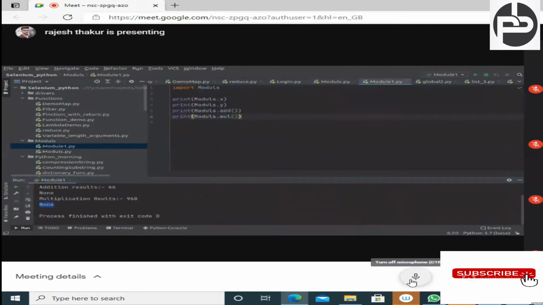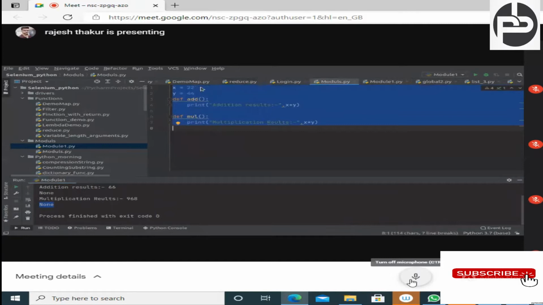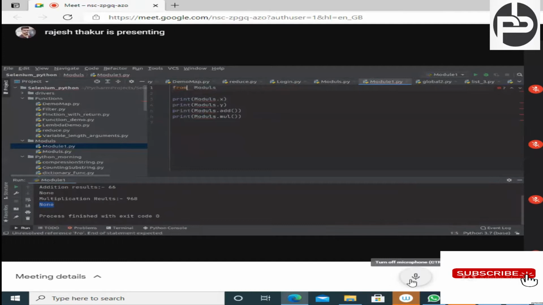Once you create a module, you can access it from anywhere just by importing it. Let's suppose I am not going to import everything; I want to import only specific things like x, y, add and the multiplication function. How can we import that? Just write from modules import x, add.